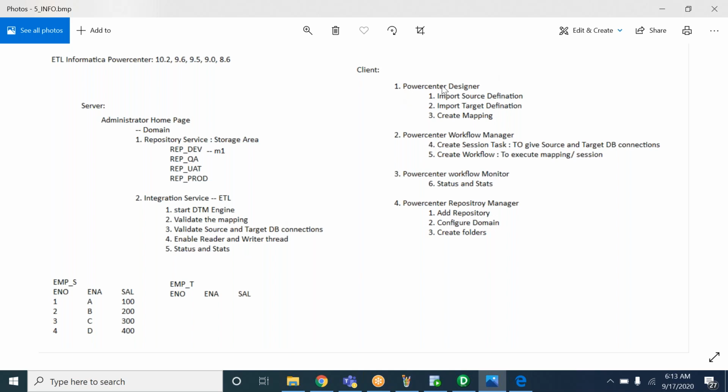first we have to open the Power Center Designer tool. Before that, we should create the source and target tables, and we have to insert some records in the source table, and we should not insert any records into the target. After inserting the data in the source table, we should also execute the commit to save the data permanently. And then we have to open the Power Center Designer tool.